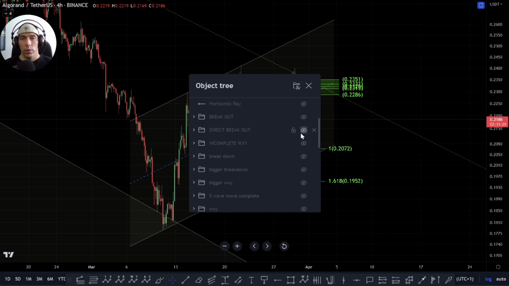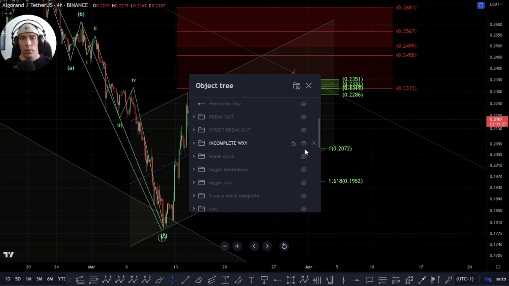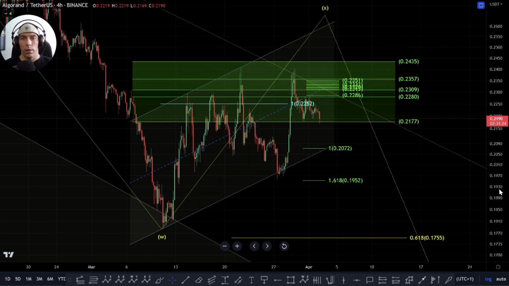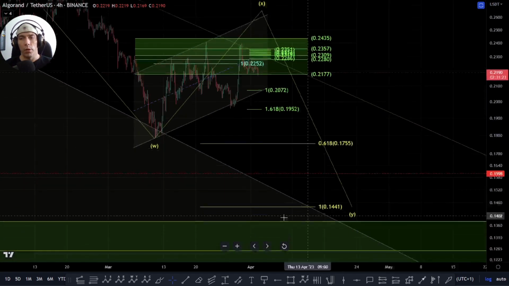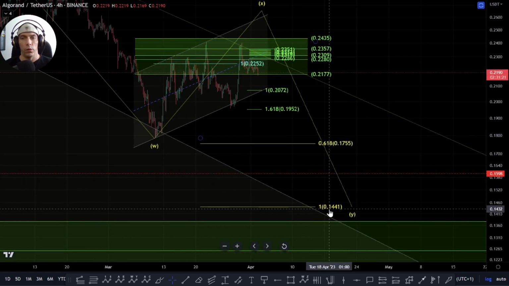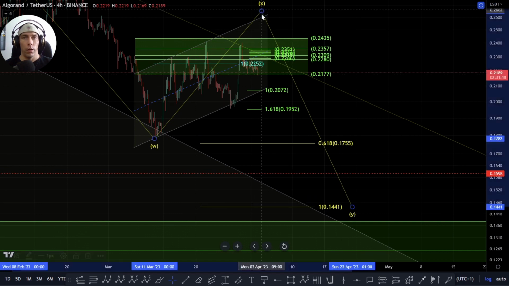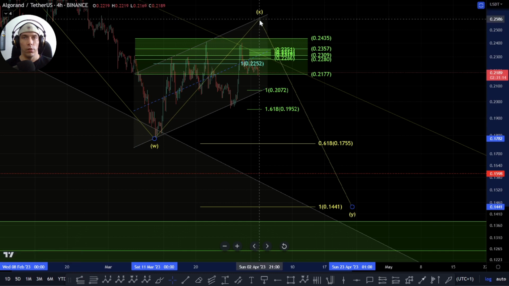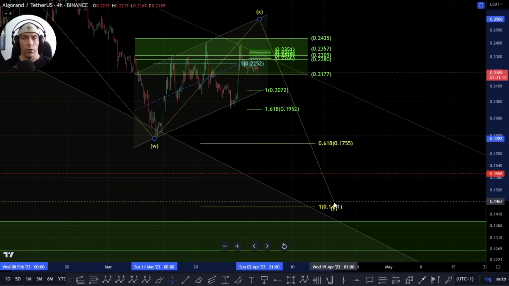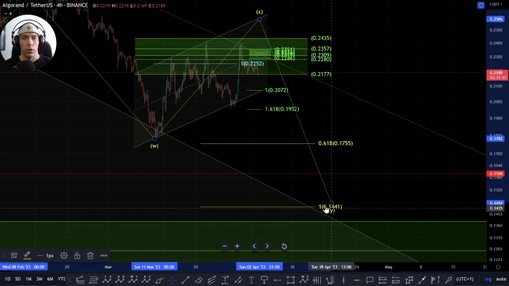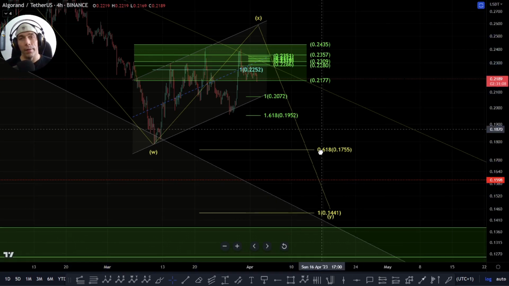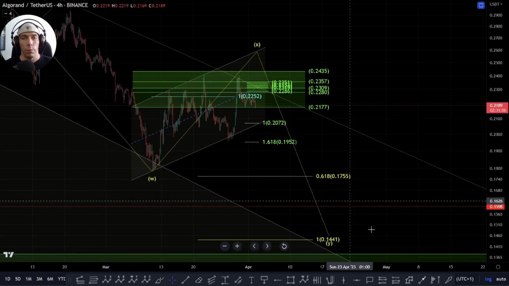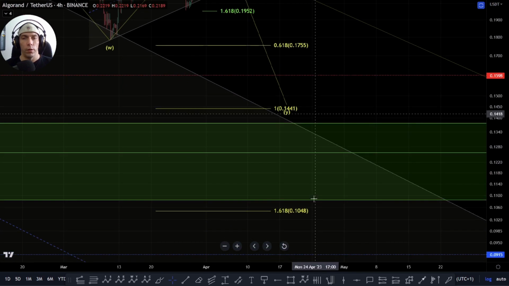Within the bigger one here, where we're still looking for that possibility to move down towards this 1441. Even if this X wave isn't completed and we do push up one more time here, we need to just be aware, like I said, we could still see a sell off here to the downside in this Y wave. And then if this sell off starts to get too big here, and we start to break down deeper